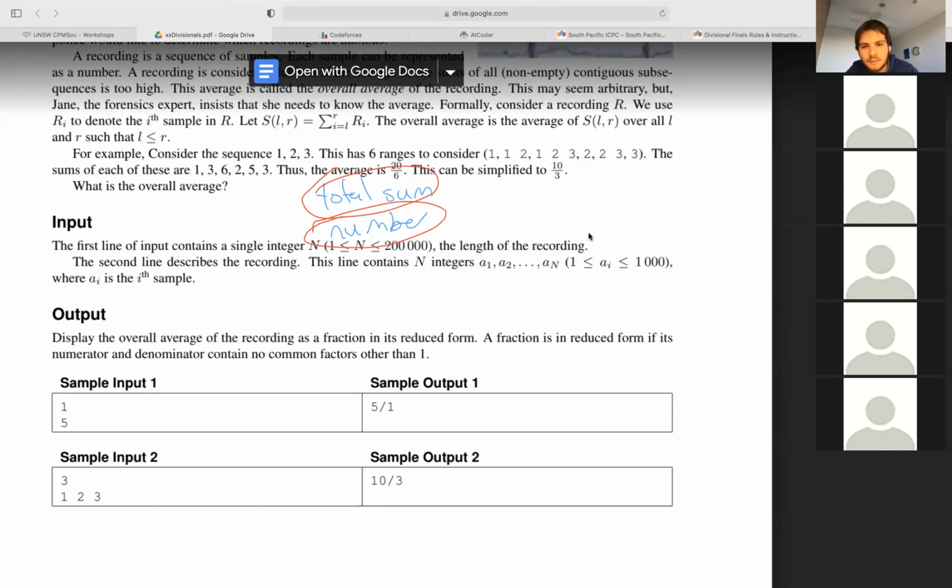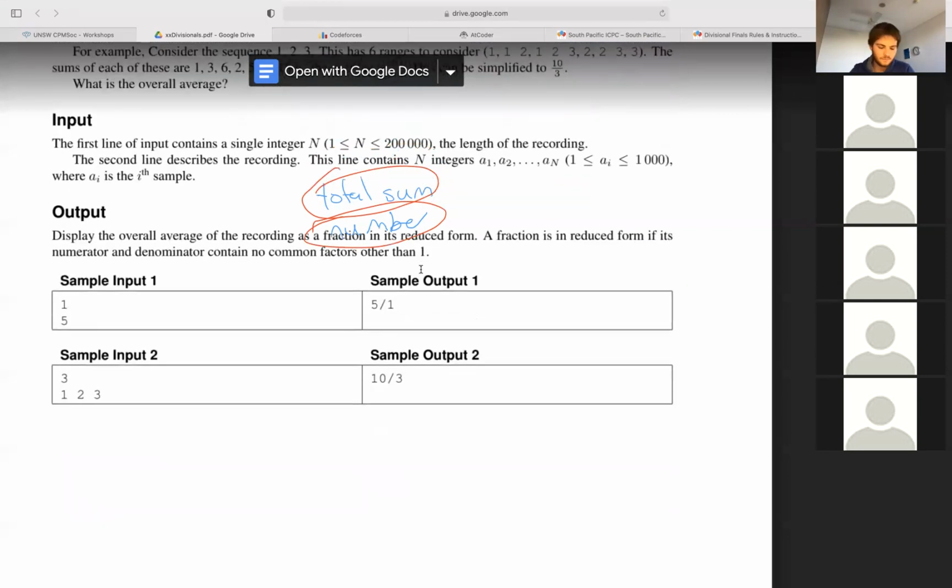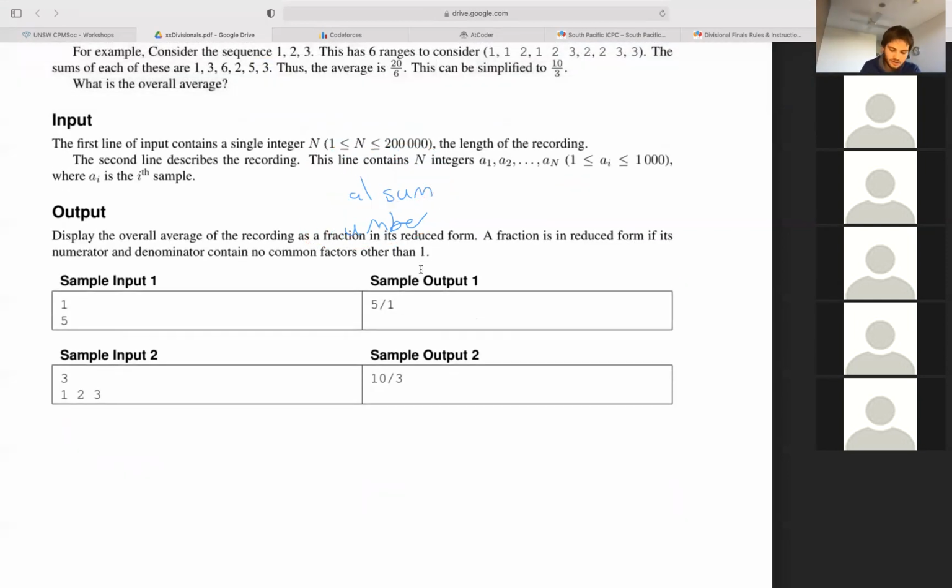And the second thought was, I believe all numbers are part of n arrays. A good way to see if that's true or false is to test it on the sample input. So let's look at the sample input, 1, 2, 3, and write out all the ranges. There is just 1, just 2, just 3, 1 and 2, 2 and 3, and 1, 2, and 3. So how many times does each value appear in a range? How many ranges does 1 appear in?